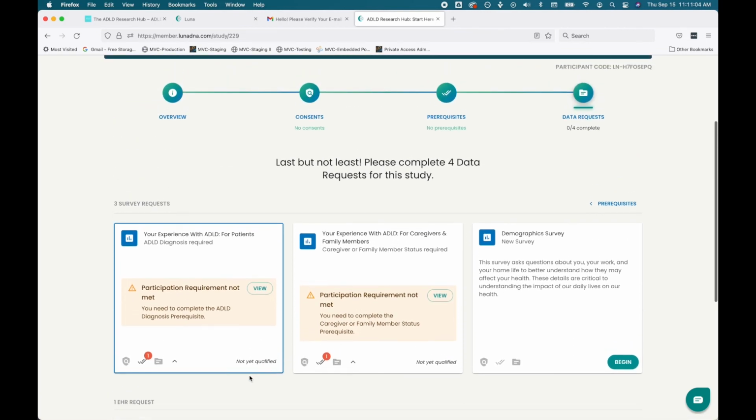I'm going to go ahead and show you how you can click into this experience with ADLD for patients survey. You'll see that there's a participation requirement, the ADLD diagnosis prerequisite. This is just to make sure that we only have ADLD patients' data entered into this survey, so data for people who have been diagnosed with ADLD. So you can go ahead and click this view button,